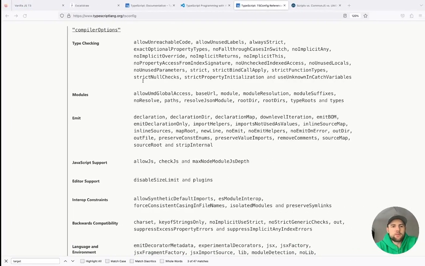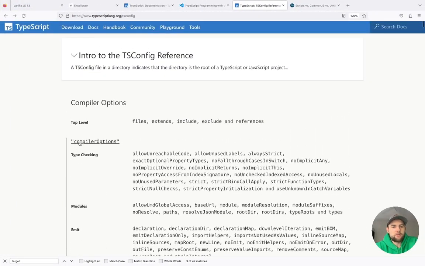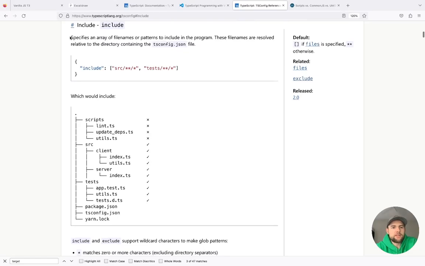So the question is, how did it actually know that? Well, let's go to the documentation and look outside of the compiler options at the top level options. Let's go to include, and this is an array that specifies an array of file names or patterns to include in the program. And over here in the default, it's all files if files is not specified.